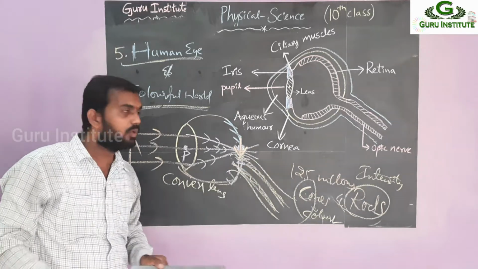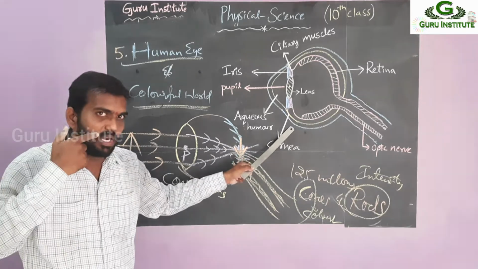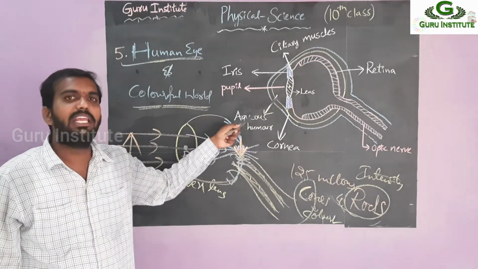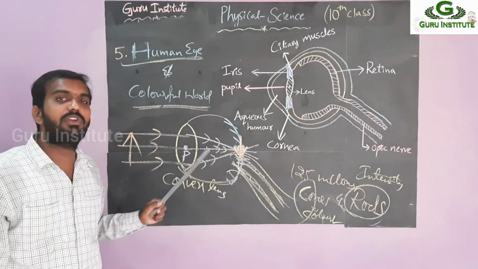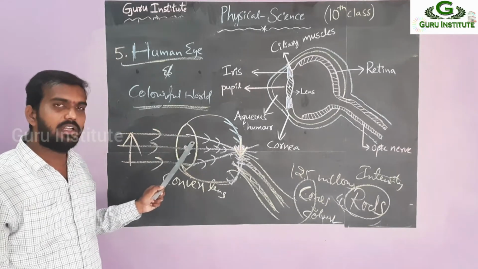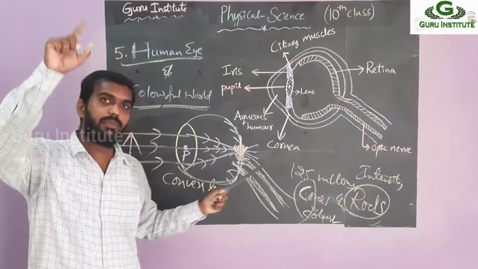Simply, I will give you one minute. So this is the structure. Here the cornea layer is there. It is the outer layer and it protects the eye lens. In the eye lens, the pupil is in the middle. The pupil acts as the pole, and the eye lens is in the shape of a convex lens. A convex lens always forms a real image. Whenever the rays pass through, they merge at one point. That merging point is called the focus.